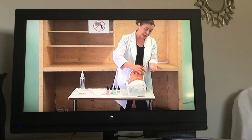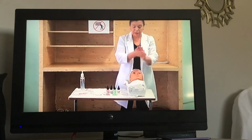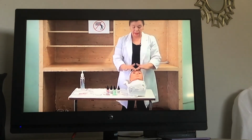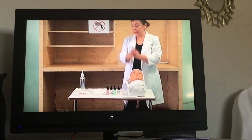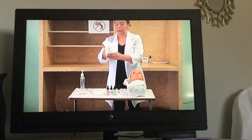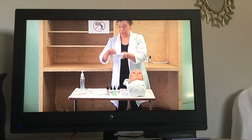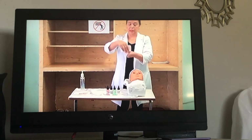Actually, I did get so much. So just apply it around the eyes. If you got too much, just apply it on your hands and kind of go like this. Then grab a couple of tissues. Have plenty of tissues right here, so wrap a tissue on each hand and then start removing the makeup from